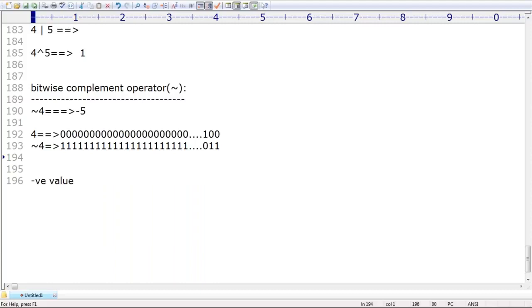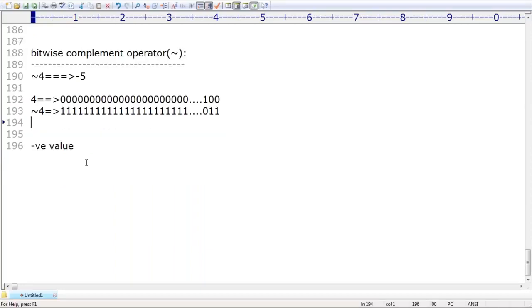Just for your interest's sake, I showed this internally, at the memory level. All these things you people should be aware of, right? Is it clear? Sir, how is the bitwise complement operator going to work? Because, sir, you are not required to worry about this much level, right? These are various memory level things, just for the people who really require them. The people who don't know, just ignore these things. I hope everyone is able to understand.